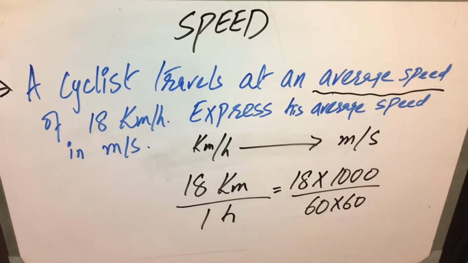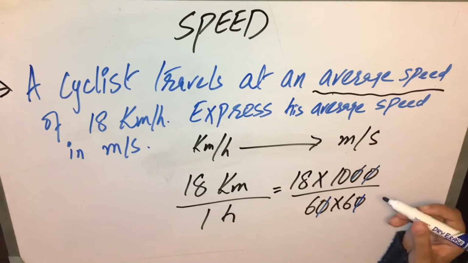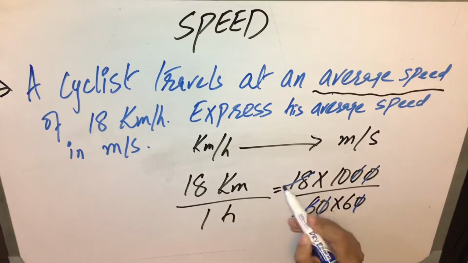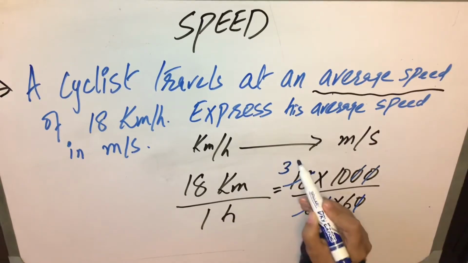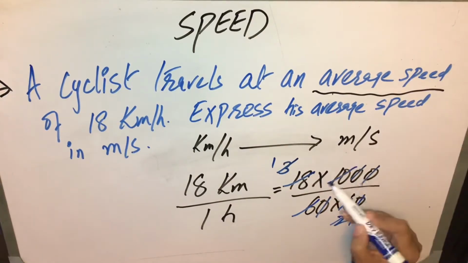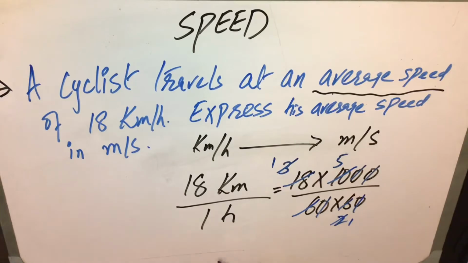Here we can do the cancellation. With cancellation we can easily have our answer. I have cancelled 2 zeros with 2 zeros, and now 6 3s are 18, and 3 1s are 3, 3 2s are 6, and 2 5s are 10. So 18 km per hour will become